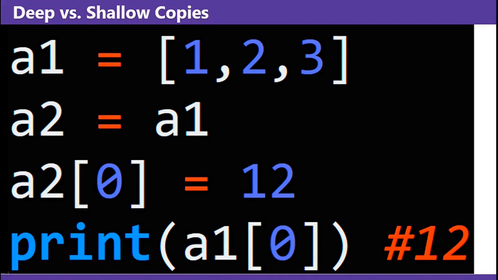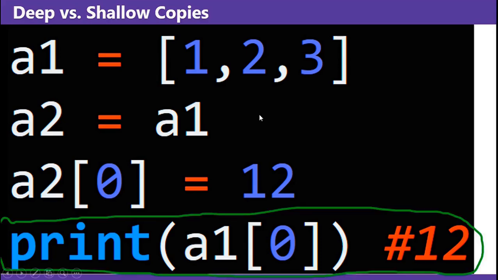Line 2 doesn't give you two houses, although who wouldn't love that, an infinite money glitch by simply writing down your home address. Line 2 gives you two copies of the same address to one array. So when you modify the first element of array 2, you're modifying the first element of both arrays because you only have one array you're working with. So that's why on the last line, array 1's first element became 12, even though you think you didn't directly